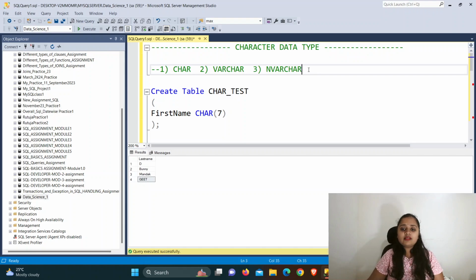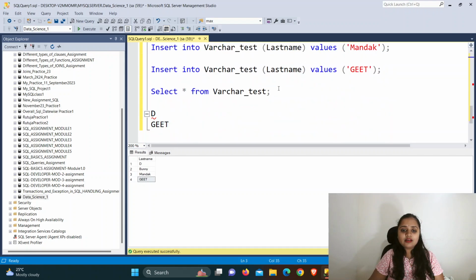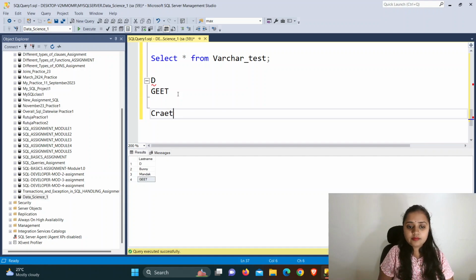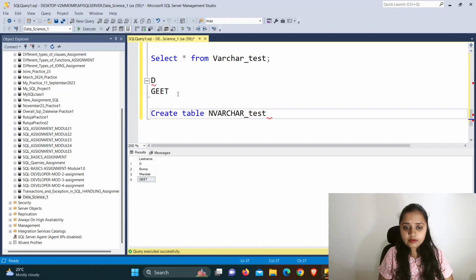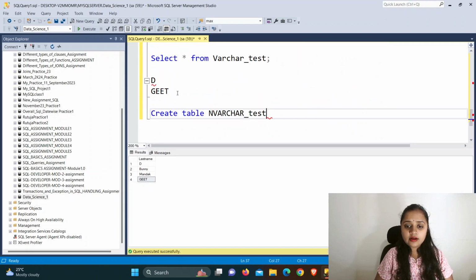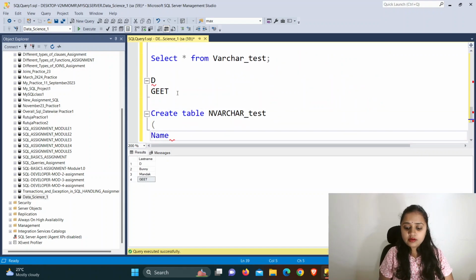Now for better understanding, let's create a table for that as well. Create table nvarchar_test, give the bracket open, and give the column name as per your choice.